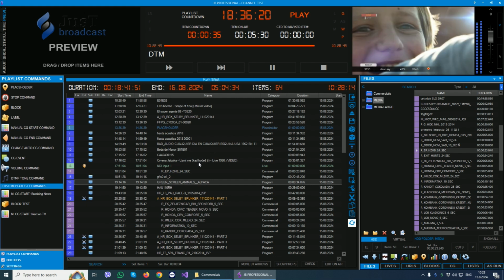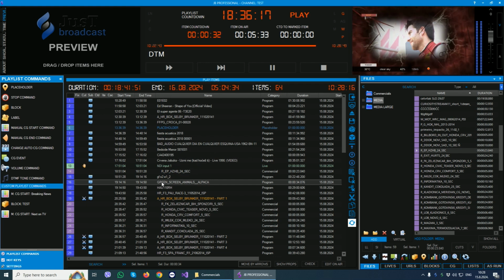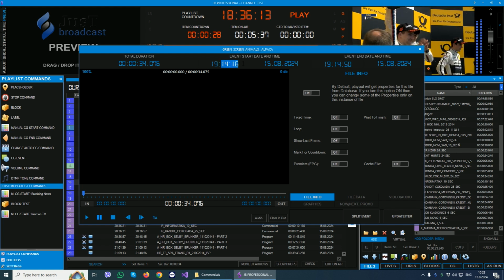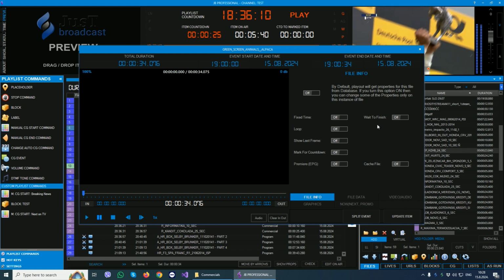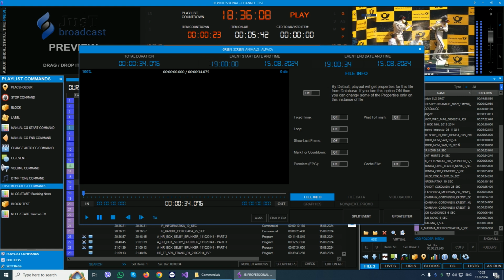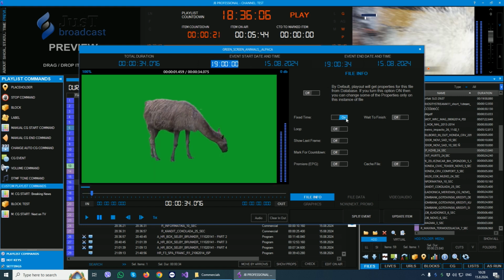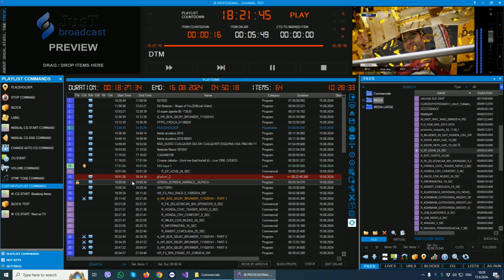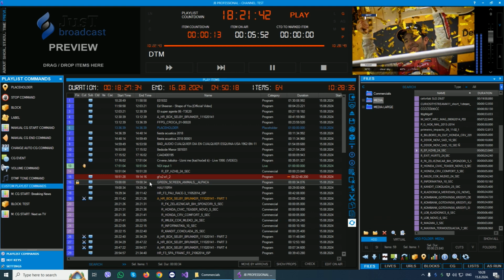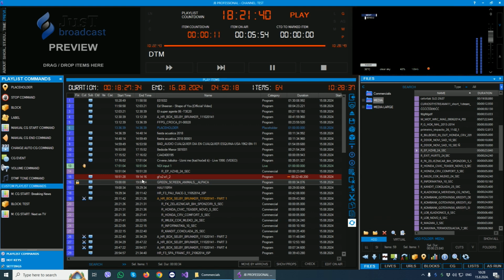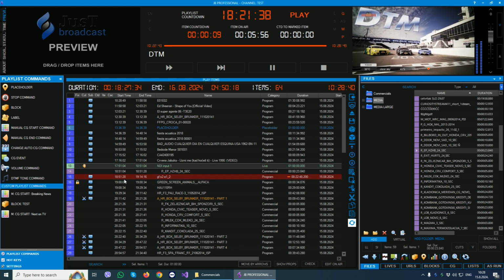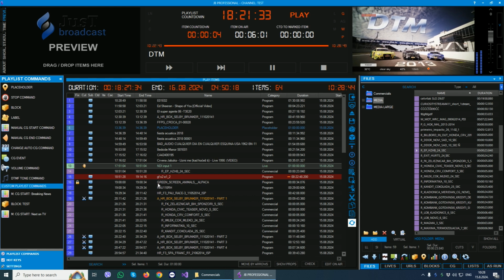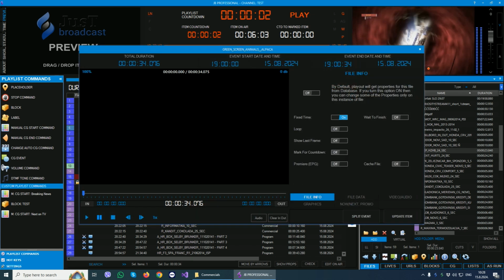Also, there is option for fixed time in the playlist. For example, we want this file to start at 7 o'clock straight. So we write our time, and then we click on fixed time update. So this file will start at 7 o'clock no matter what. You can see this red line. It means that this line will play, but will not play till the end, since it will be cut by the fixed item. If you change time to 6 o'clock,